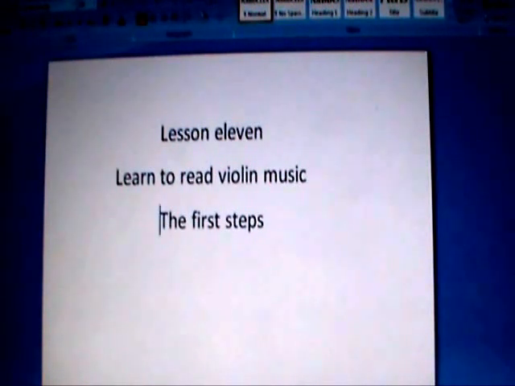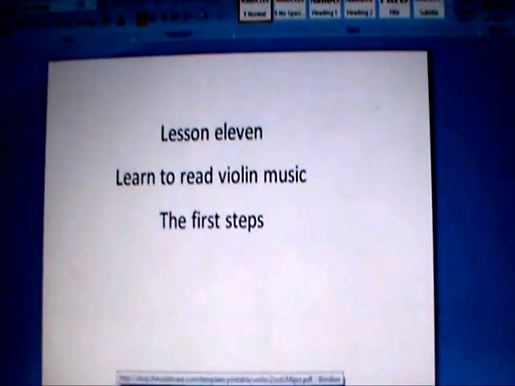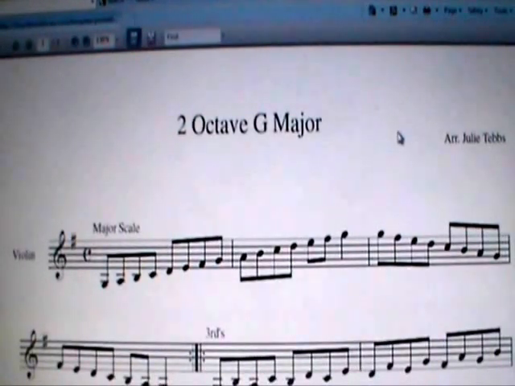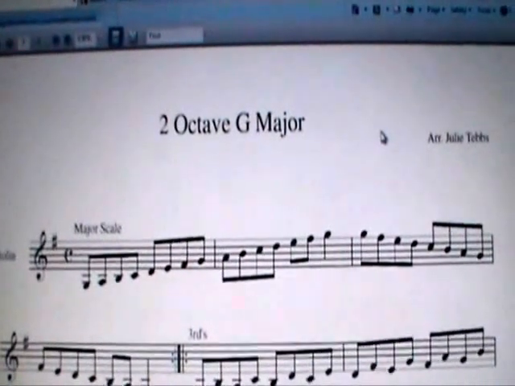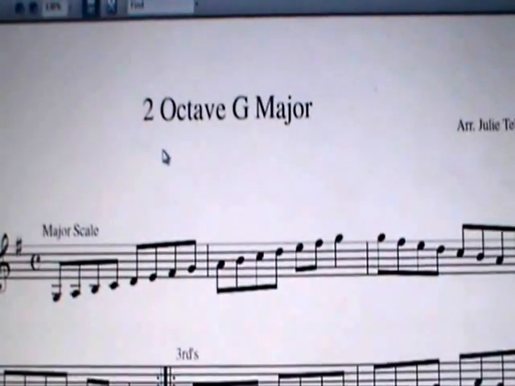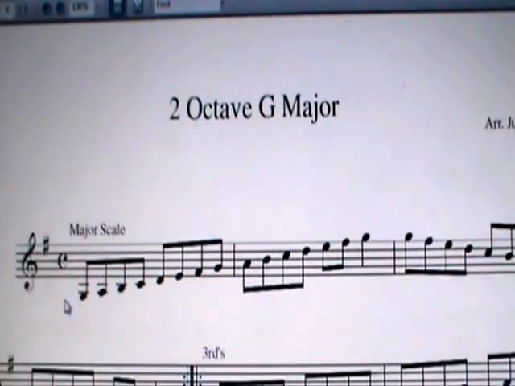So first of all, let's have a look at a typical scale. And this is a typical violin scale, which is a 2-octave scale for G major. The 2-octave G major scale starts with this note here,